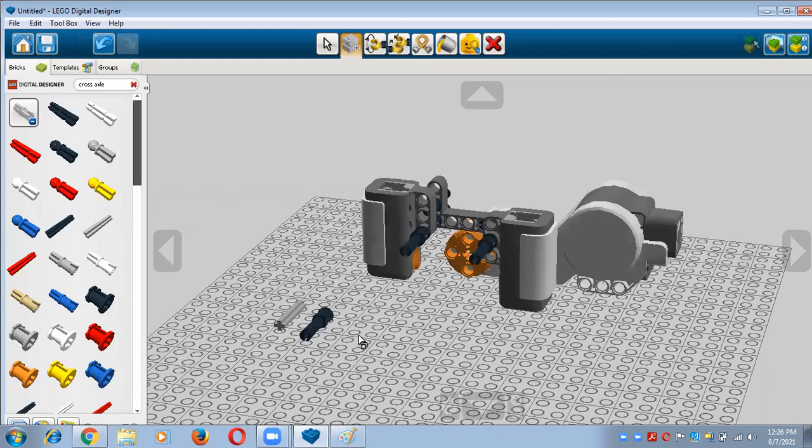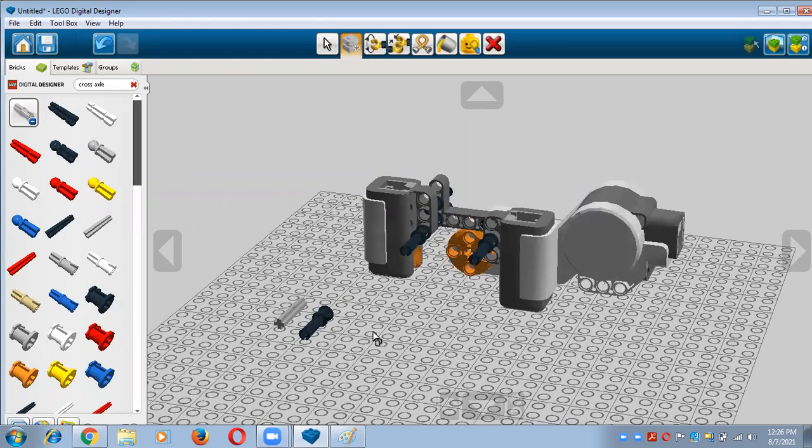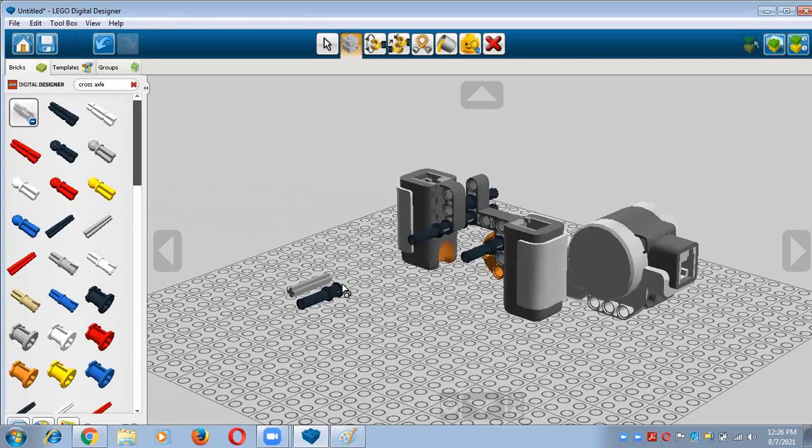And right now what I'm doing is a very simple step. Just take this cross axle, but how is this possible? With the help of single selection we can easily do it. So take it and just put it here in this way, and after that you will set this frick snap here.